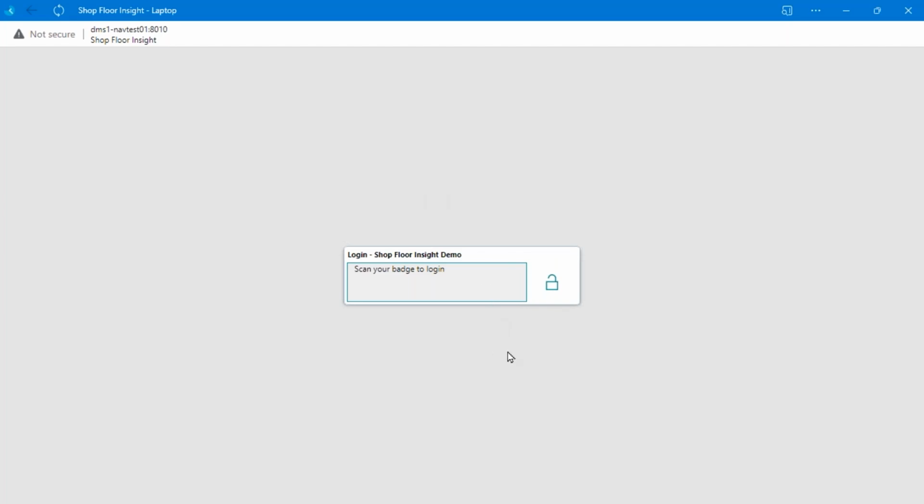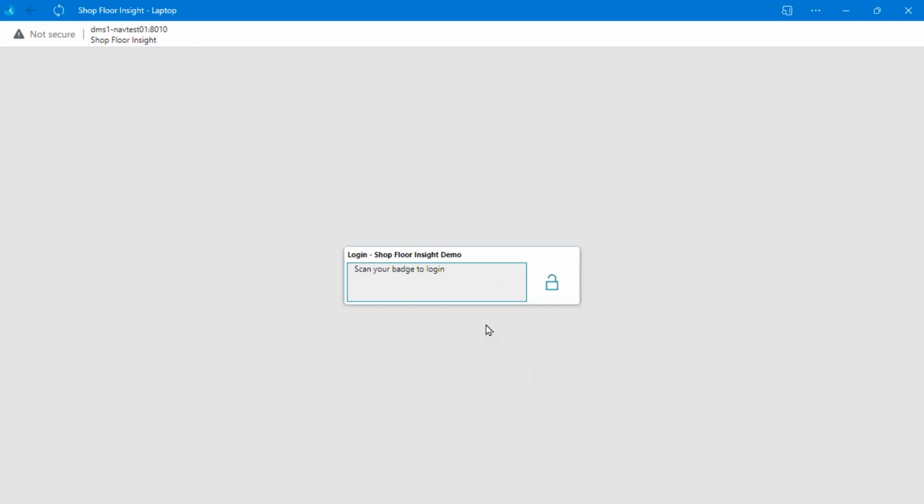This is just running in a web browser. A Chromebook is the most common device that people are using today because they're nice and cheap. They don't have rotating parts in them, so they can get all dusty and stuff. They've got a keyboard, all that kind of stuff. You slap a Chromebook out there for 150 bucks with a scanner on it, and I can start recording time in the shop. So the way I do that is I walk up to this shared terminal.